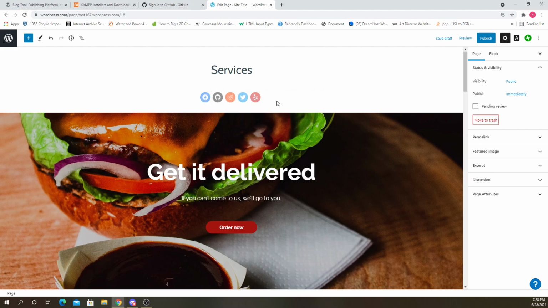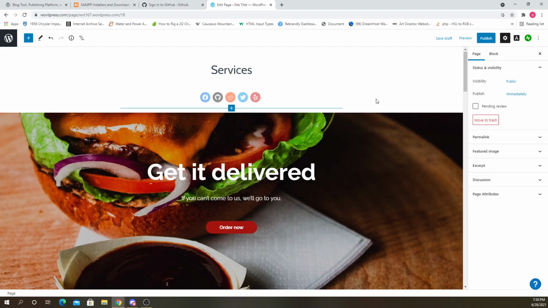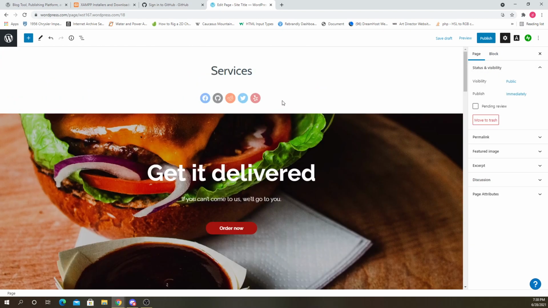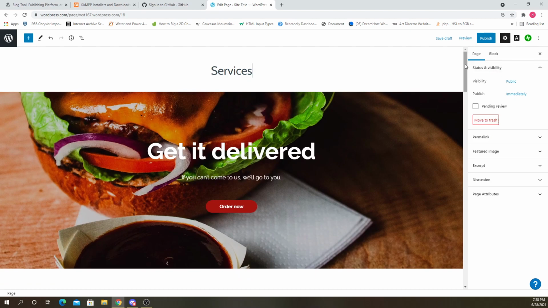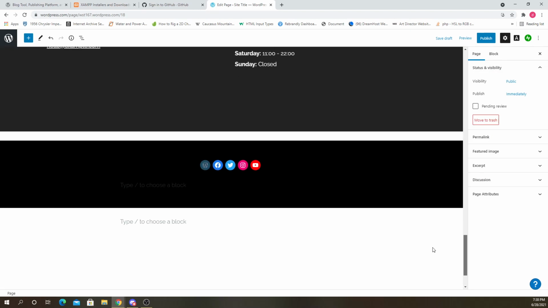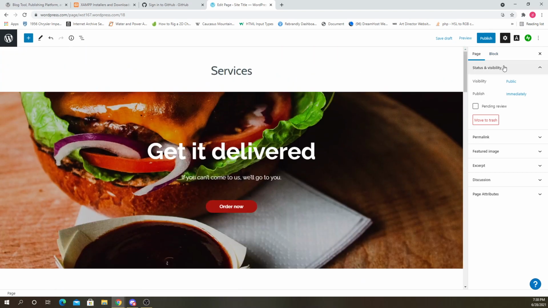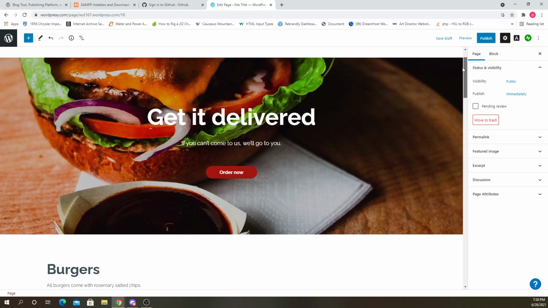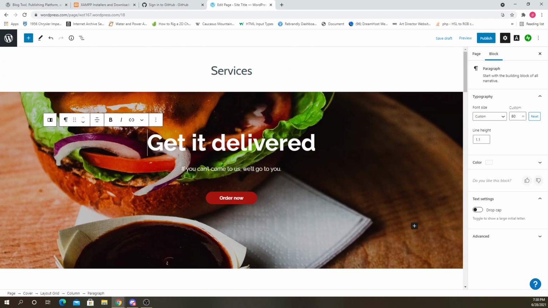Okay, so now it's good. It's a little bit off center, but I guess there's not much we can do about that. So I can click publish and keep that there, or I'll just delete it because I already have it down here. So basic editing is pretty obvious how to do. You just click, you want to change the text, you can do that.